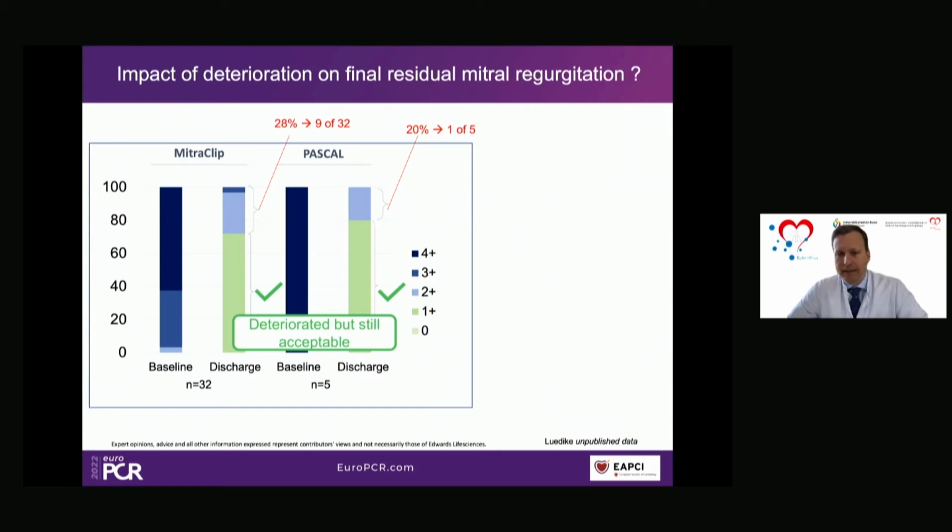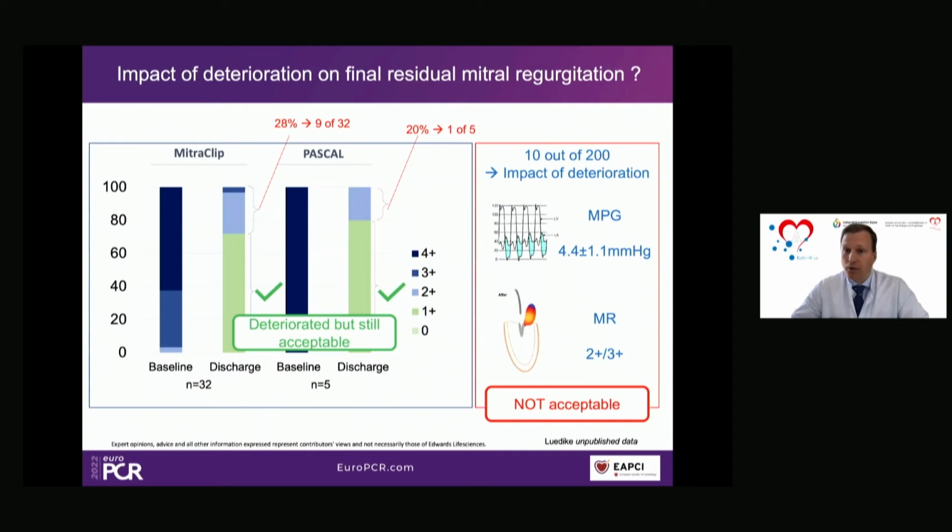There remain 10 patients in the whole cohort, 10 out of 200 patients, who ended up with increased gradients and a high residual MR, who we were not able to treat again, to put a second device in or refer them to surgery. So these 10 patients underwent an edge-to-edge repair and obviously have not an acceptable result. And I think this is